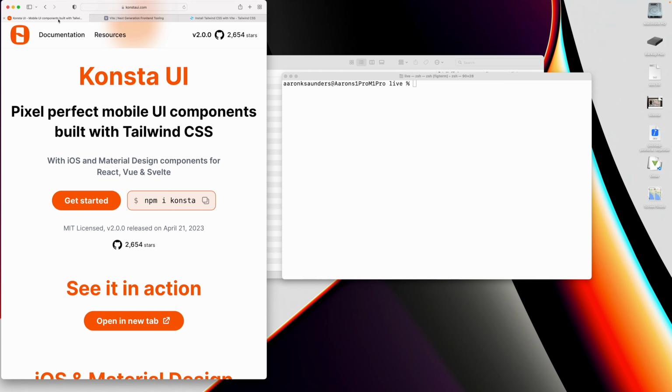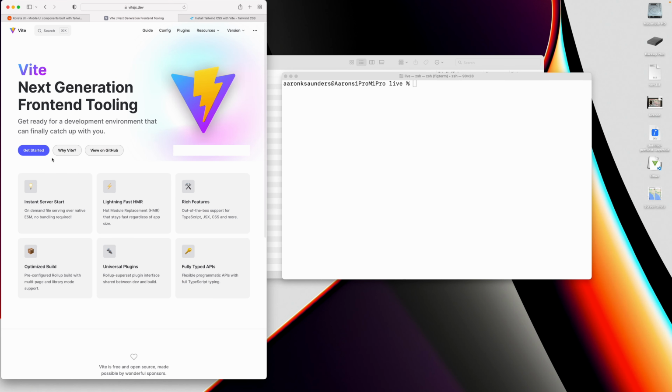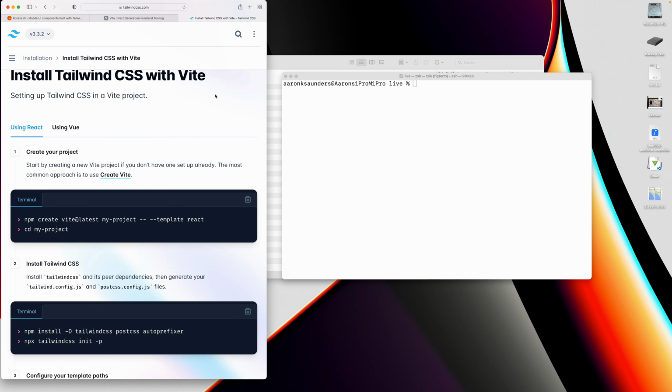So let's get to the code. Since Konsta UI requires Tailwind, instead of going through the approach of installing with vite and then fumbling around trying to find the Tailwind directions, let's just go straight to Tailwind. There's a page on how to install Tailwind CSS with vite, and we'll just do it that way. And so let's just